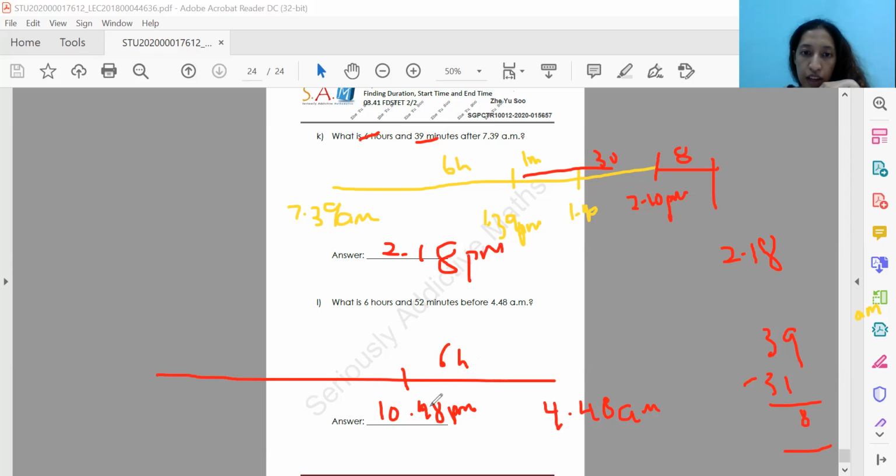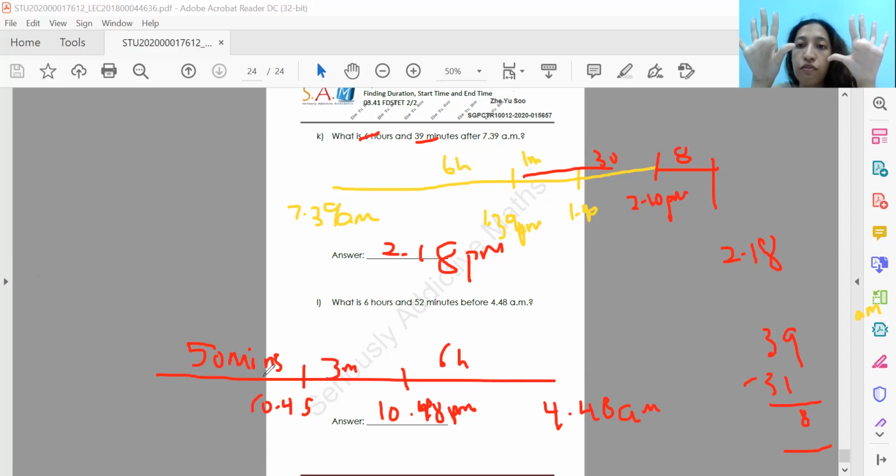And now let's do 10:48 to 10:45. How many minutes is that? 3 minutes. Okay, so let us do 50 minutes now. 50 minutes before 10:45. How many fingers is that out? 10 fingers. Why 10? 5, 10, 15, 20, 25, 30, 35, 40, 45, 50. Hence, 10 fingers out. So 10:45, 50 minutes before would be 10:40, 35, 30, 25, 20, 15, 10, 5, 10 o'clock, 9:55. So 9:55